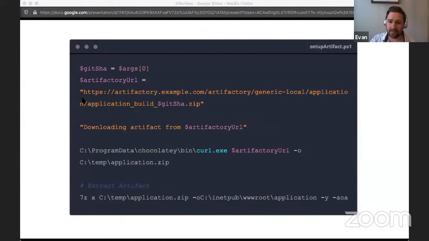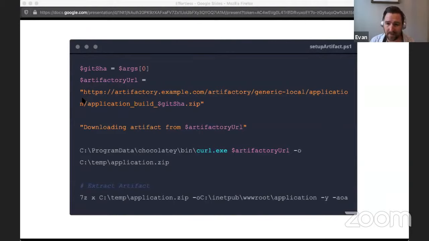So here's the PowerShell file, the setup artifact.ps1, and you see this one's getting it from Artifactory. You can use any artifact storage location you want, but see how we're doing the Git SHA. Basically, we tack that onto the end as we search and find whichever one we want. So you can deploy any Git SHA that you've built already.